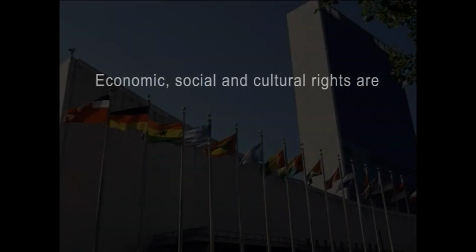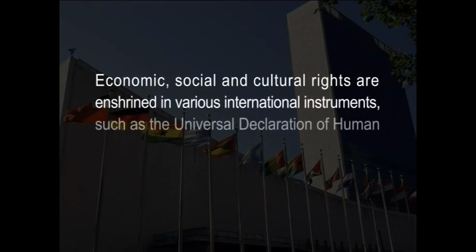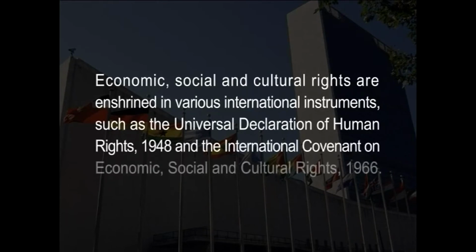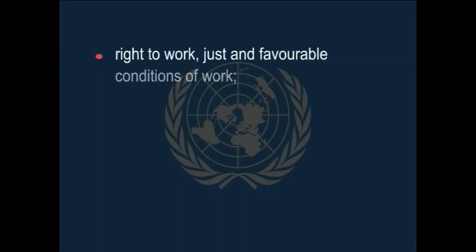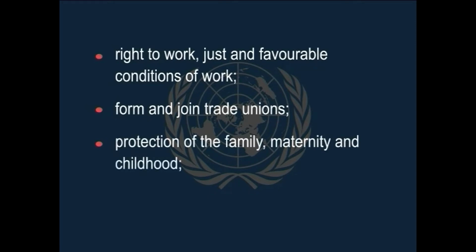Economic, social, and cultural rights are enshrined in various international instruments such as the Universal Declaration of Human Rights 1948 and the International Covenant on Economic, Social, and Cultural Rights 1966. Both the declaration and the covenant provide for the rights to work, just and favorable conditions of work, form and join trade unions, protection of the family, maternity and childhood, social security,